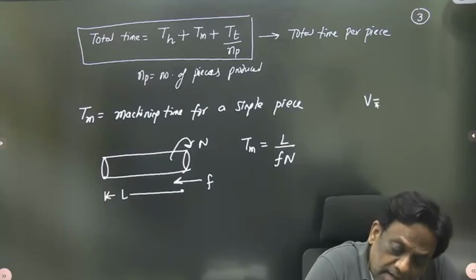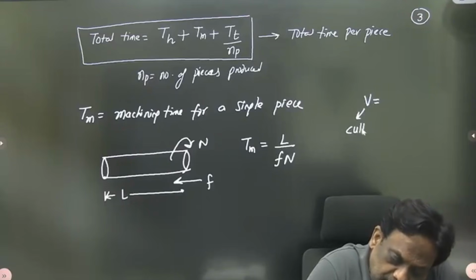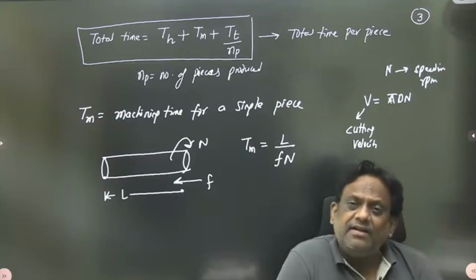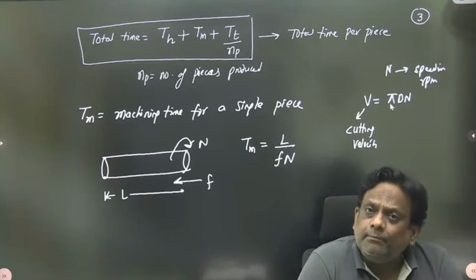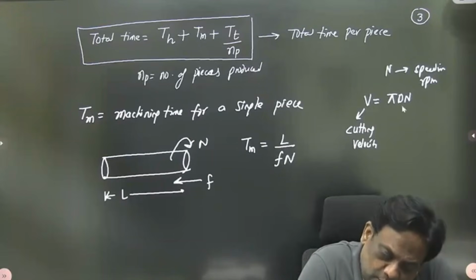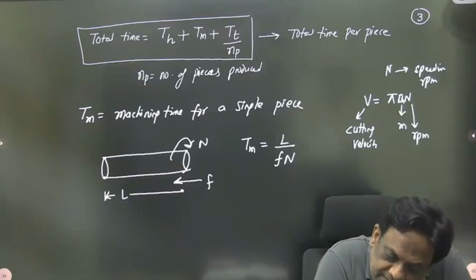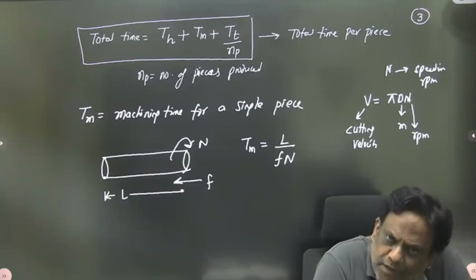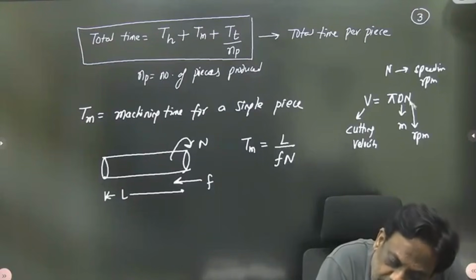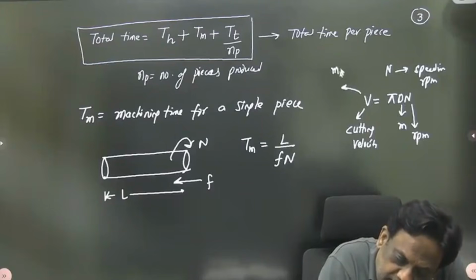And velocity is equal to cutting. This is the cutting velocity, and the cutting velocity is given by pi D N, where N is the speed in RPM. I'm not dividing with 60. Can anyone tell why are you not dividing with 60? Because D I'll keep it in meter. D को meter में रखो, and N is in RPM. So what will be the unit of cutting velocity? देखो, D is meter, pi has no unit, रोटेशन कोई यूनिट नहीं, रोटेशन बता रहा है per minute. So it is meter per minute.